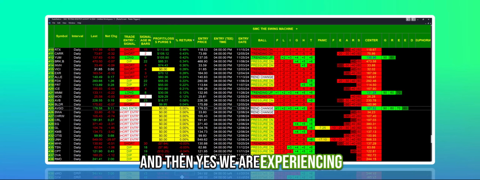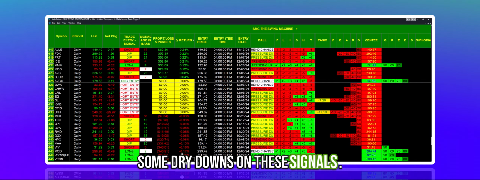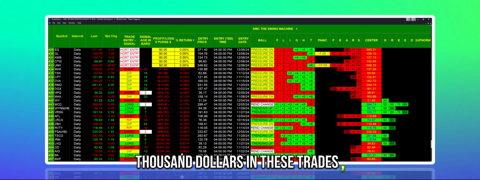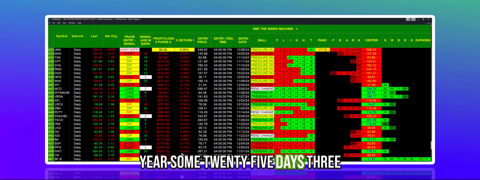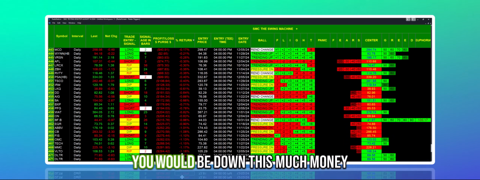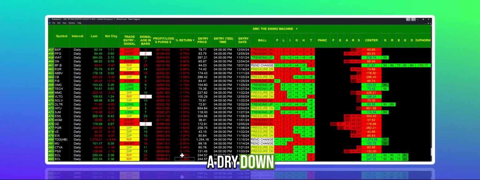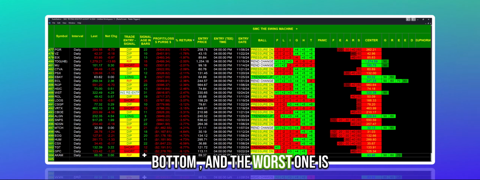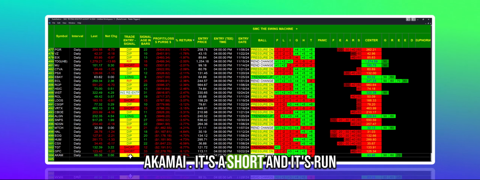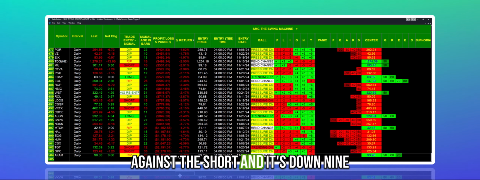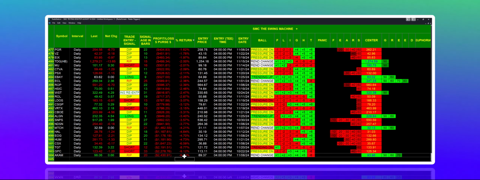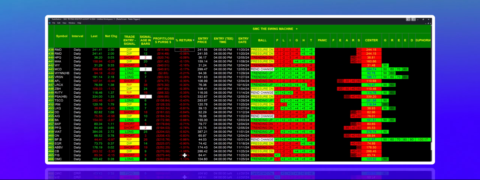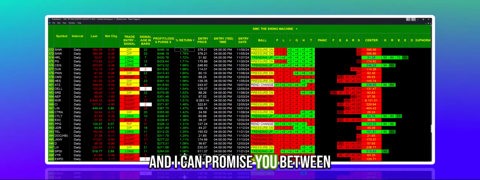And then, yes, we are experiencing some drawdowns on these signals. And if you had put $25,000 in these trades, and they all would have been this year, some 253 days, you would be down this much money, a drawdown. And we get all the way down to the bottom. And the worst one is Akamai. It's a short, and it's run against the short, and it's down 9.72%. A beautiful tool. This tool could be on your desktop